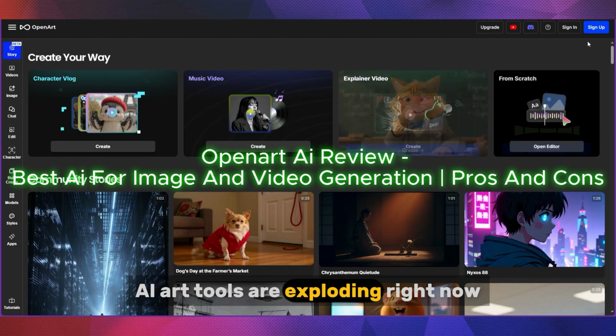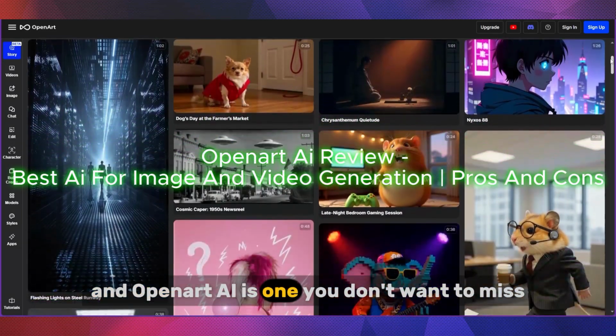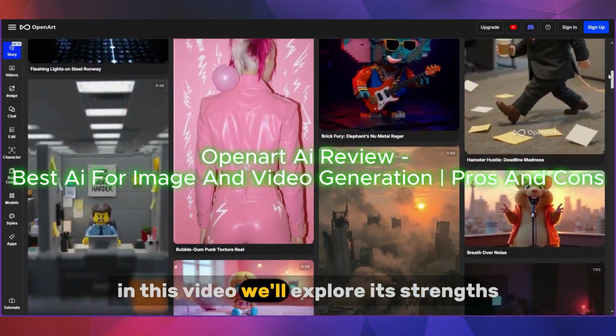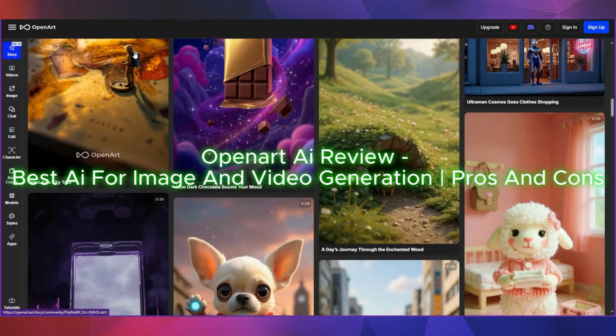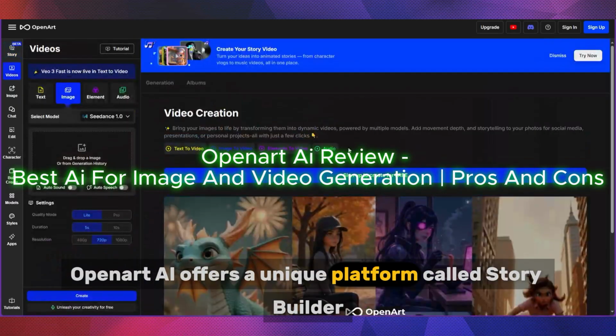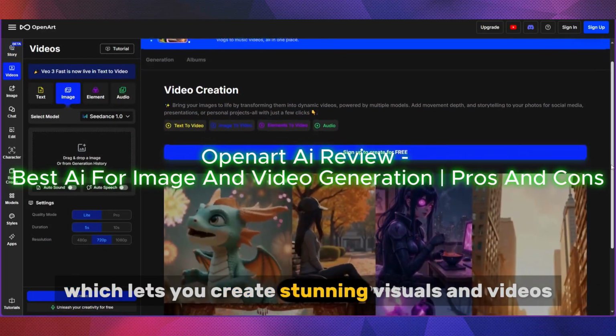AI art tools are exploding right now, and Openart AI is one you don't want to miss. In this video, we'll explore its strengths, weaknesses, and whether it's worth your time. Let's get started. Openart AI offers a unique platform called Story Builder, which lets you create stunning visuals and videos